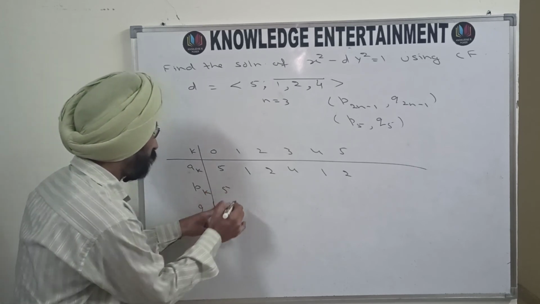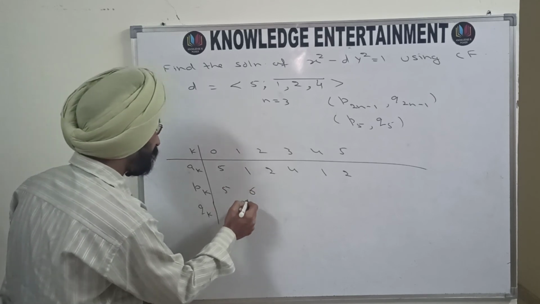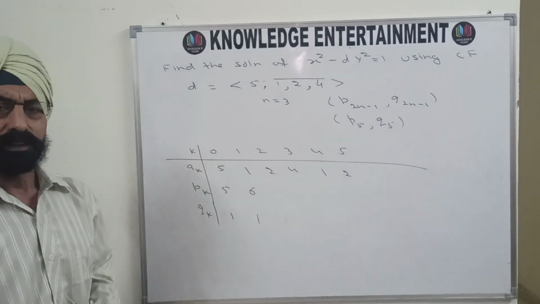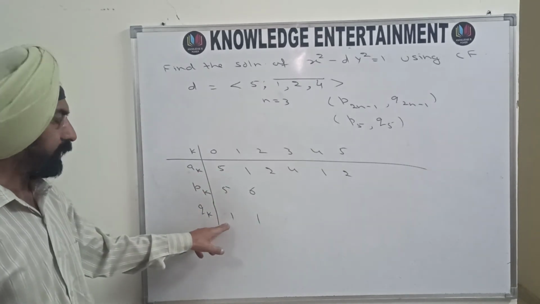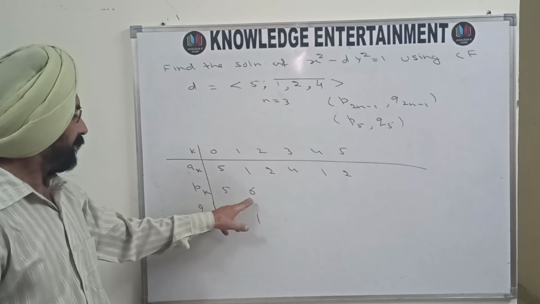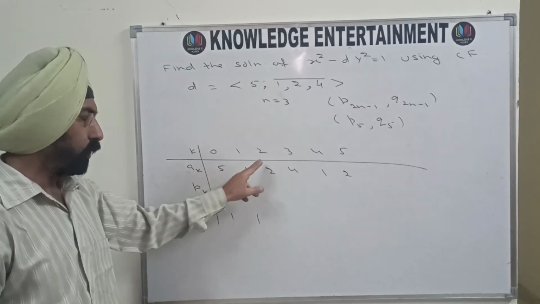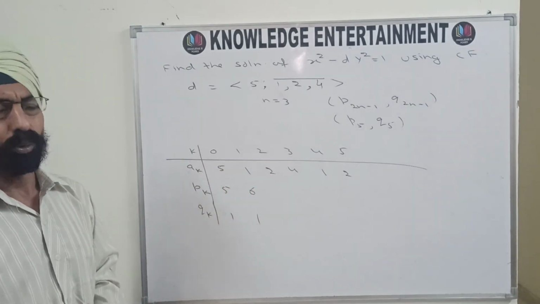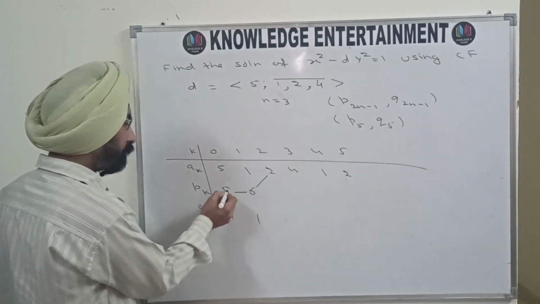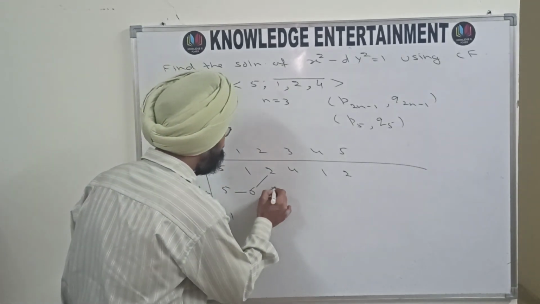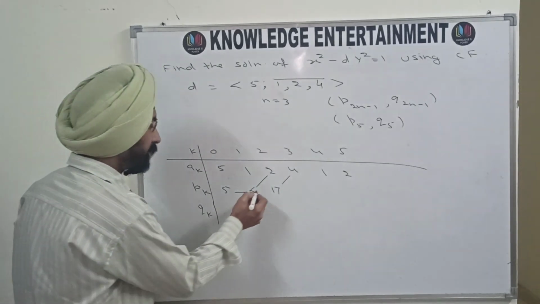It will be 5. Here you will get 5 into 1 plus 1, 6, and this will be 1. These two are known, because your P naught is equal to A naught, your Q naught is equal to 1, your P1 is A naught into A1 plus 1, and your Q1 is equal to A1. Now next is the process. So 2 into 6, 12, plus 5, 17. Then 4 into 17, 68, plus 6,